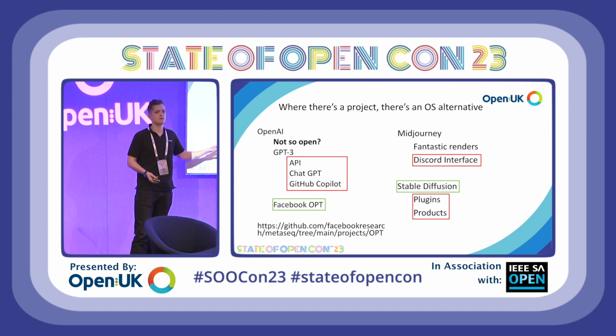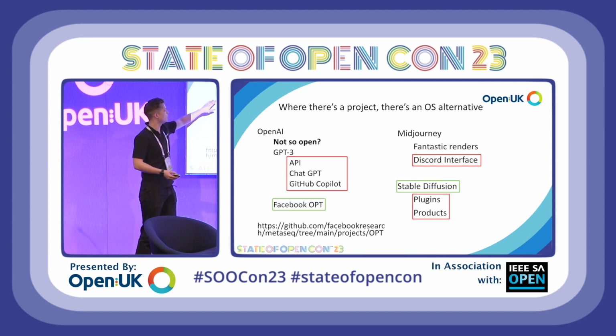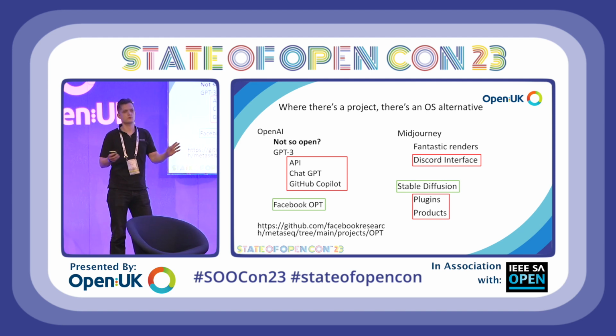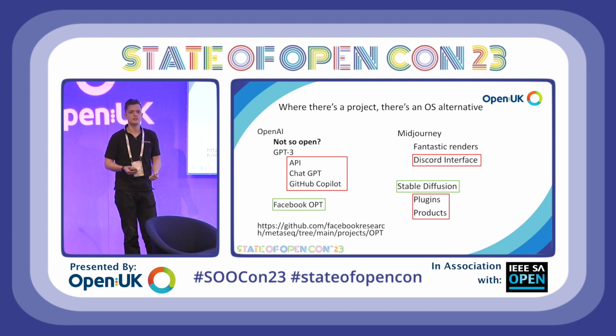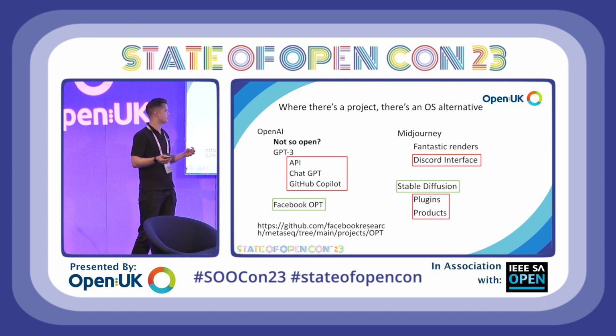I just wanted to share with you, though, that we are starting to see open source projects in these areas. But the problem, especially with text generation and image generation specifically, is that there's so much data that needs to go into this. All of these have done huge trawls of the internet to scrape data, and that's where the value is in these models, and that's where the difficulty with being open and sharing is, because that's kind of the secret sauce.